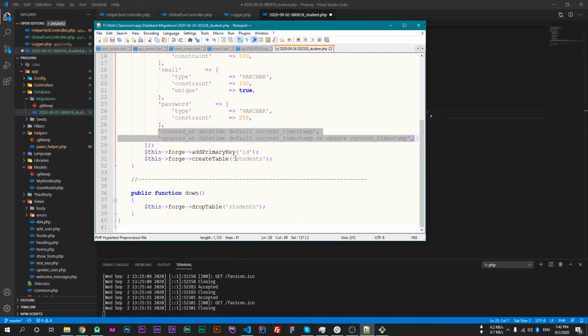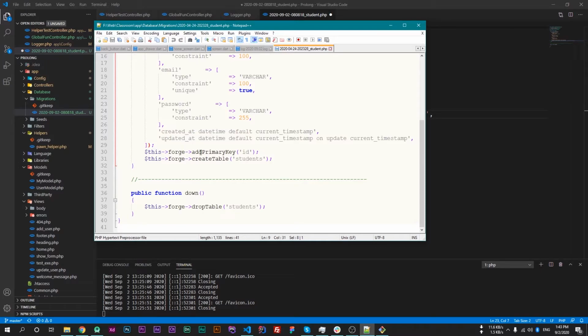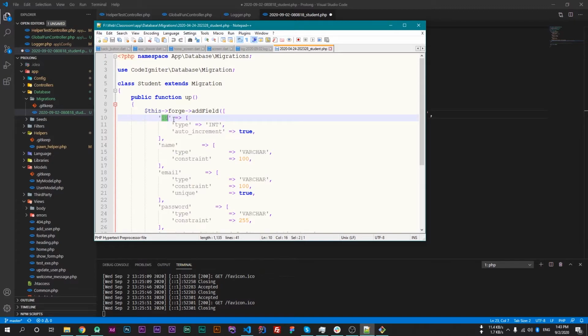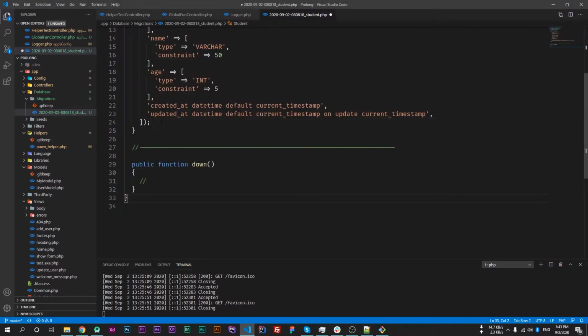Now we have to add a primary key to our table. So there is a function which is named add primary key, and pass the key name. So here the key name is id. If we want to set email as a primary key, then we will pass email here. So this will make the email the primary key. So just create the primary key.